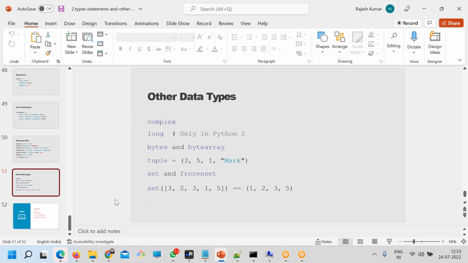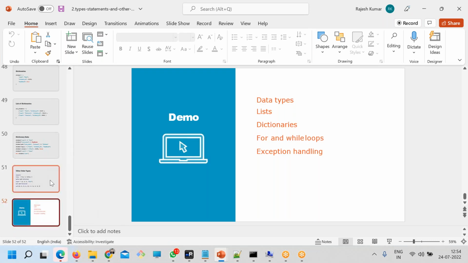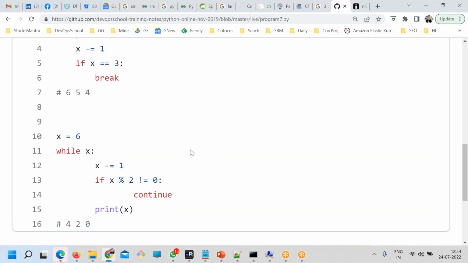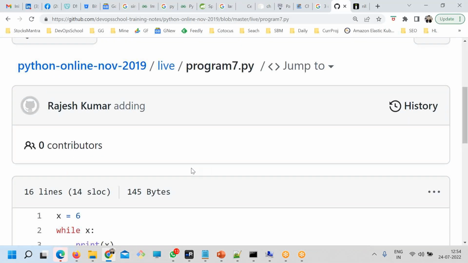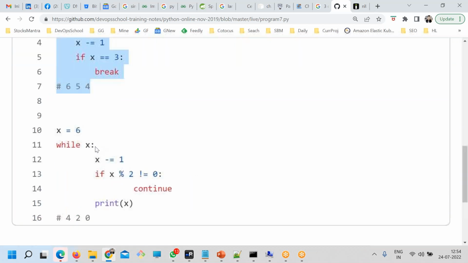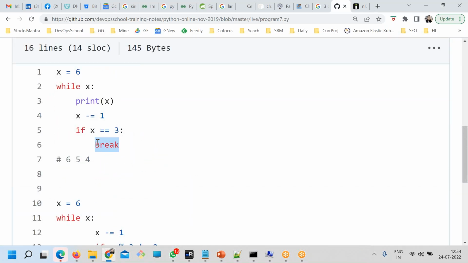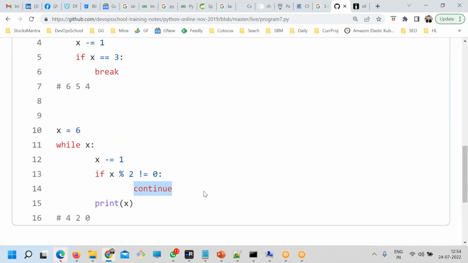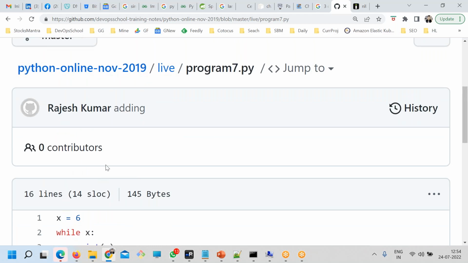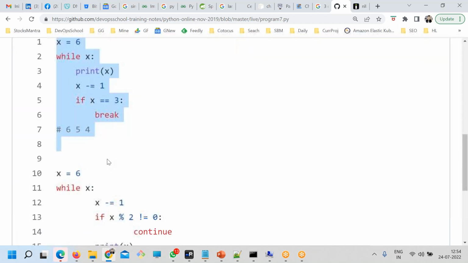So let me run some programs here for this. So here you have while. Here again while. If you want to break this loop, you can use a break. If you want to continue, even though if your unlimited loop is there and you want to continue, then use continue with some conditions. So let's use this code.